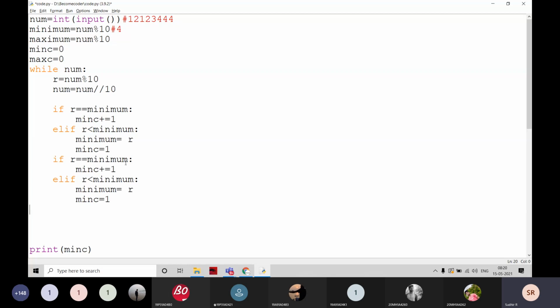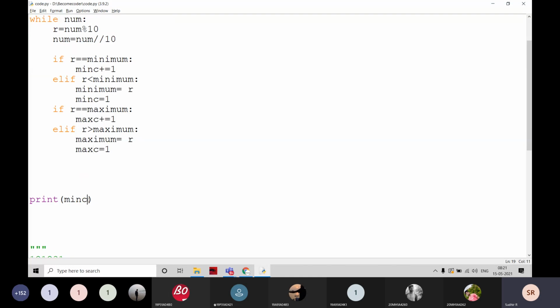If R is equal to maximum, I am going to write here max C. Then maximum is equal to R, and I am going to increment it like this. If R is greater than maximum, then maximum is equal to R, and I am going to write max C is equal to 1 here. Just simply I am going to print max C.